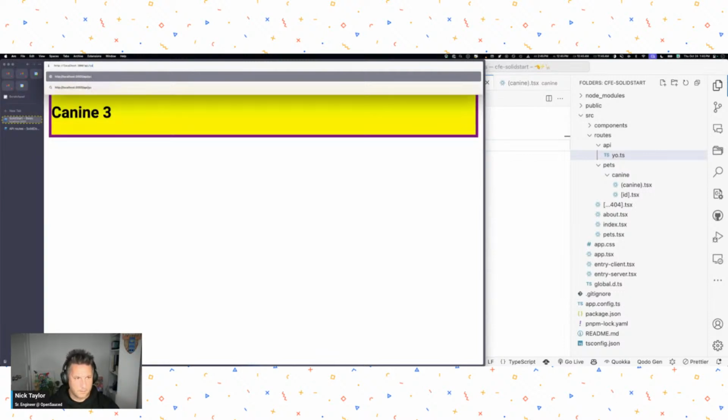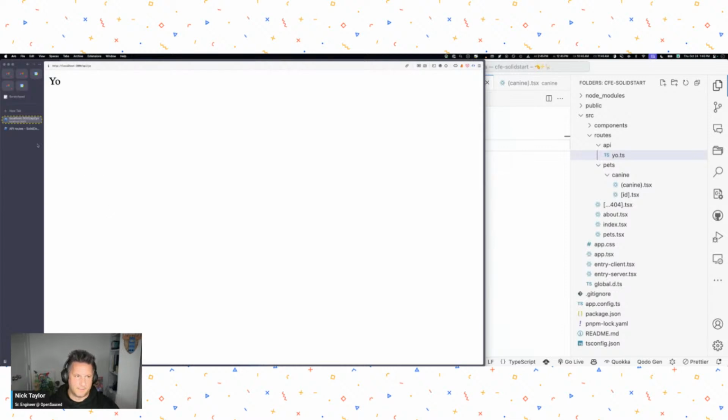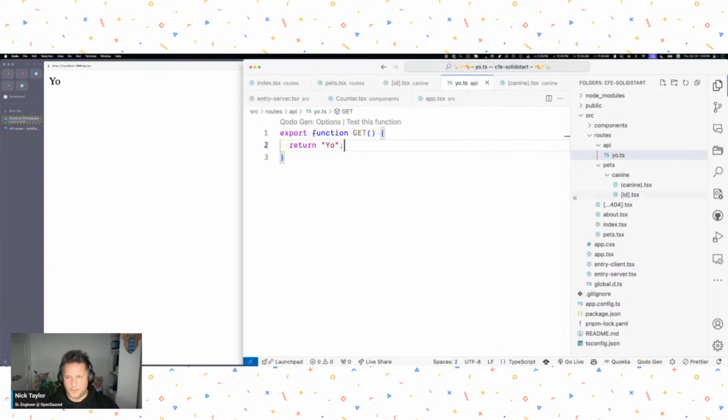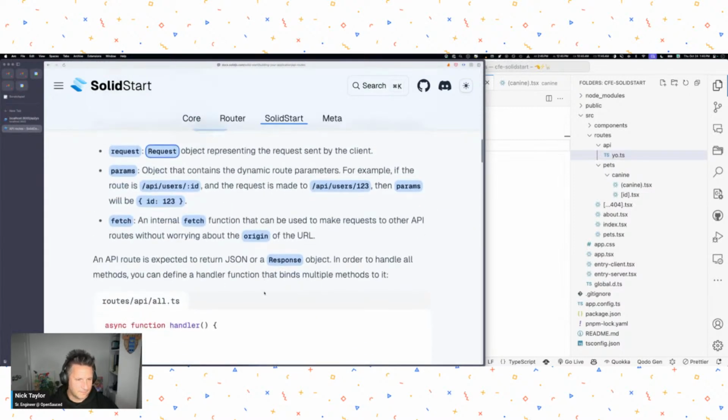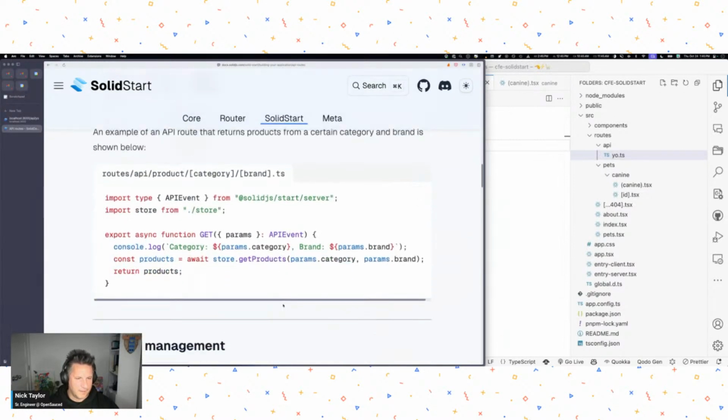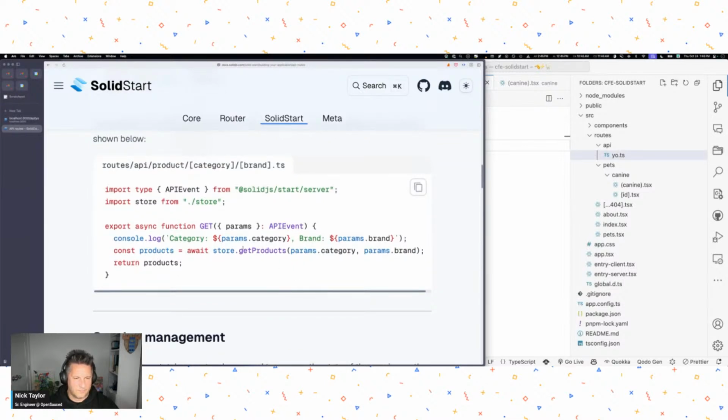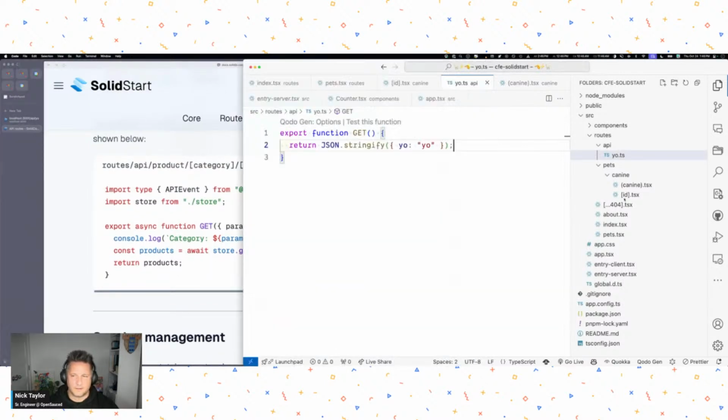it just returns HTML. Just text here because we view a page source here. It's literally just text. I mean, technically that would be considered HTML, but so that's one thing. But let's see if you return JSON.stringify, yo yo, sure. And I feel like you're going to have to set headers probably, but let's see here. Get, yeah, okay, yeah. So get params. Okay, no, you can just return it. Okay, so let's do that. So let's just do return yo yo,